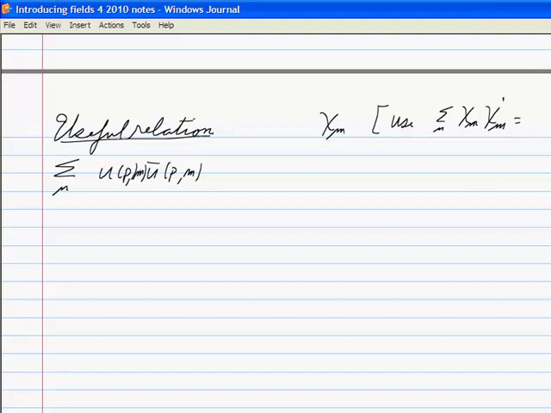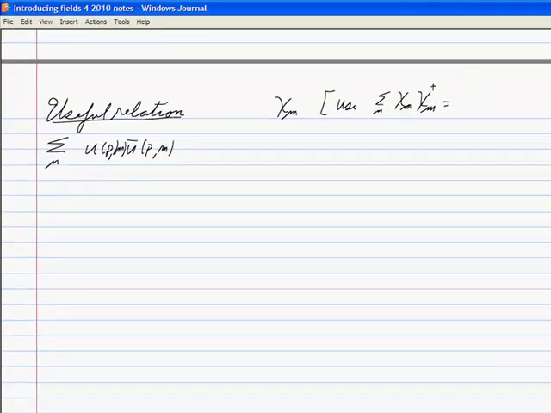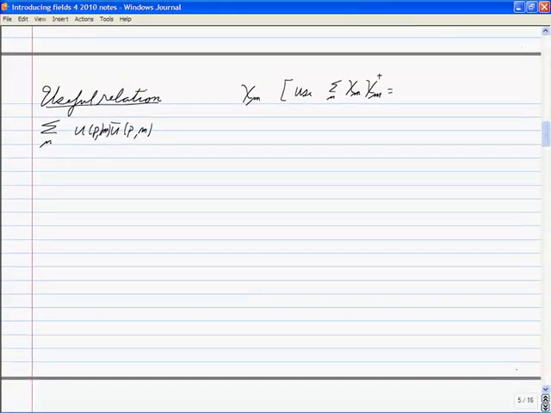I'm sorry, my notes have it backwards. Okay, first, what's that? Now remember, these guys are 2 component guys. And I know what they are. They look like